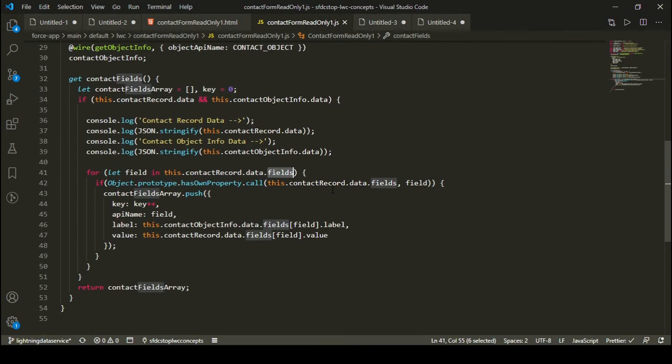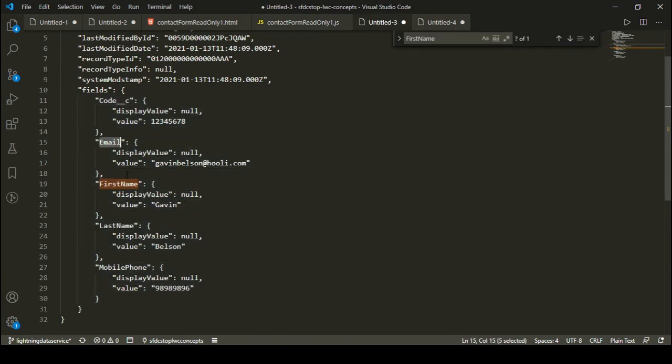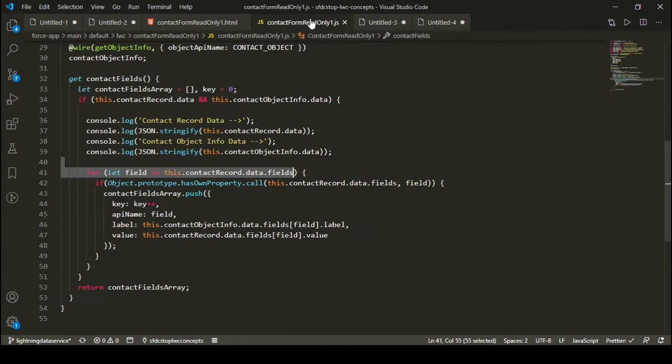I'm just checking that if this particular object is having a property named as field, because I'm using a for loop like let field in all the fields. So it is picking up the keys one by one, this key and then this key and then this key. All the keys will be coming in the field variable, and then I'm checking that if this field variable is actually present in the object and it is accessible. This if condition is basically a good practice if you can add it, although it's not required.